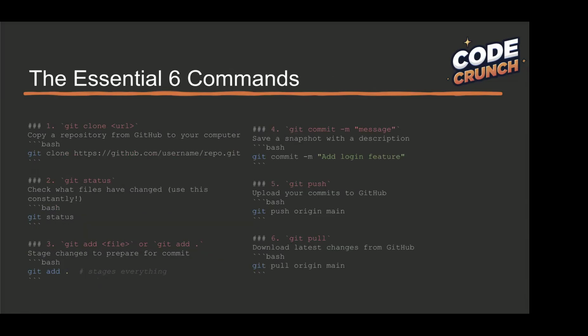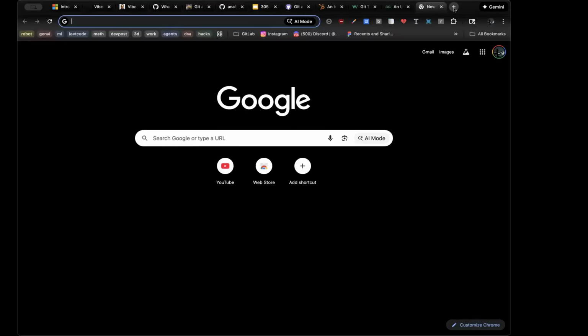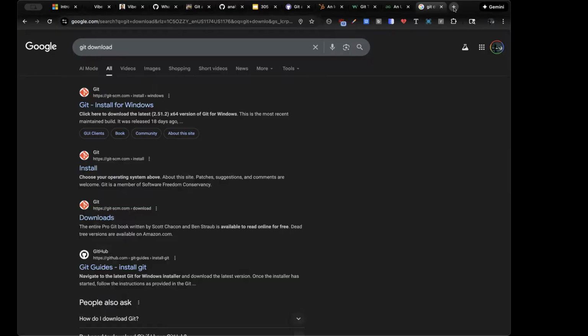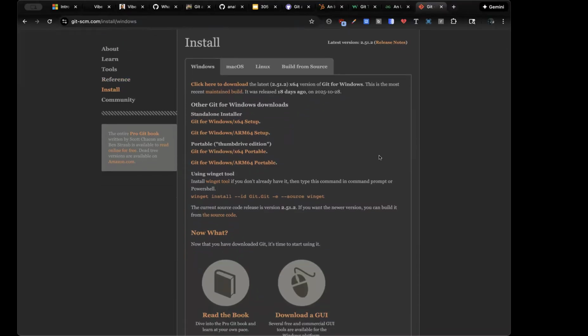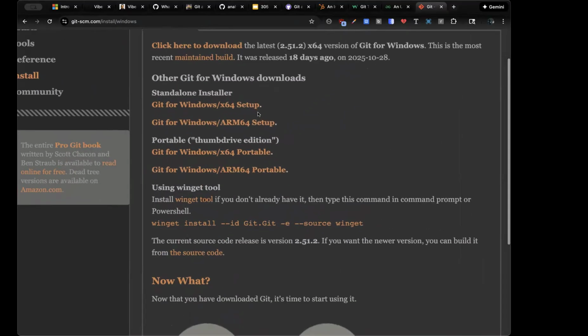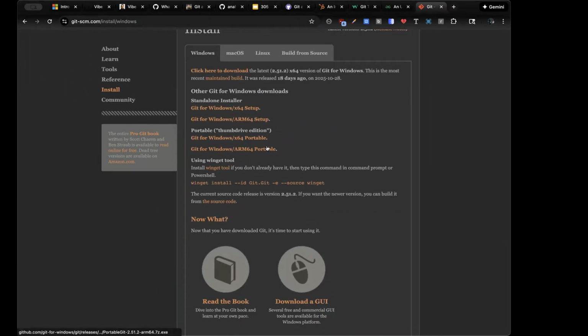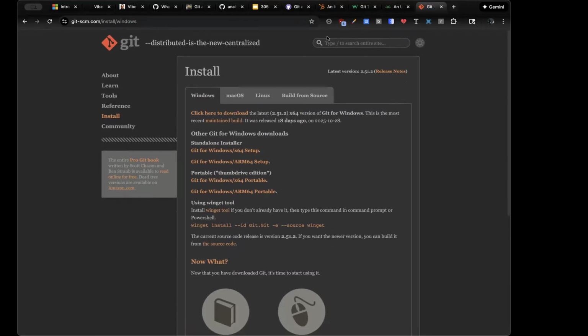Some essential Git commands. First, git clone, which, if you're on GitHub, allows you to clone a Git repo, with all those changes, to your computer. But first, you'd want to download Git, and I'll show you how to do that right now. You go to the Git download page, go to the installation, and download Git for your device. If you're on Windows, you download the x64 version, or on Mac, the ARM processor version. So you just download Git and now you have it on your system.